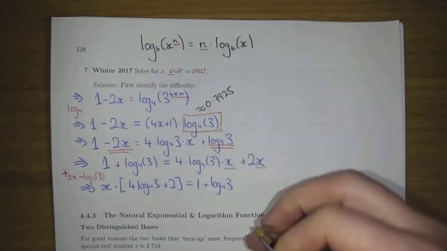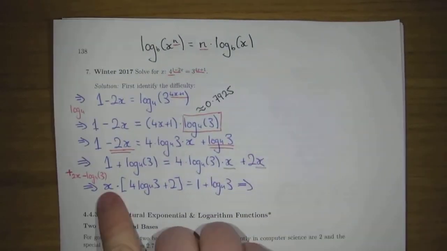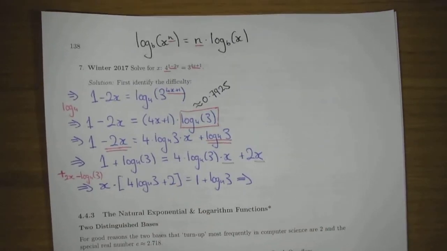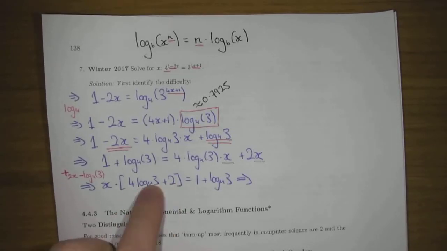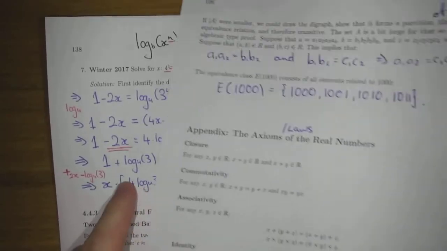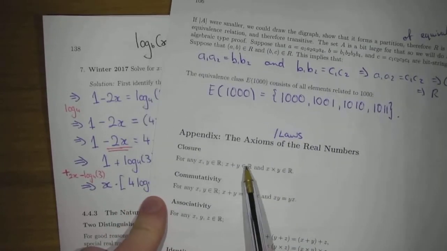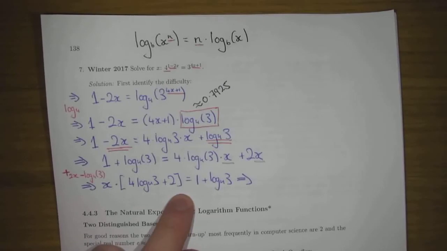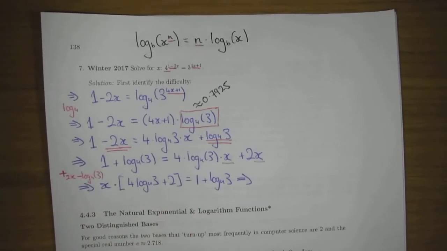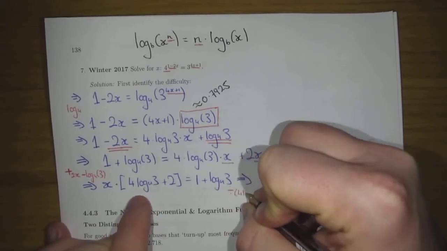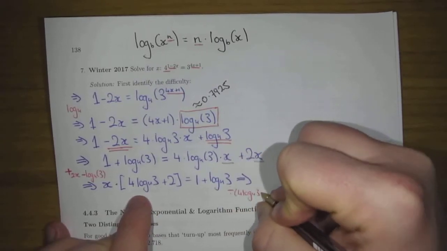And then my final thing is to get x on its own, it's multiplied by this number. And this is the weird thing, it seems obvious, but this is a number. Well, log is a number, and you multiply a number by another number, you get another number. And when you add a number, you get another number. So this is all one number. And if it's a number, I can divide by it. So I'm going to divide both sides by this number here, 4 log base 4 of 3 plus 2,